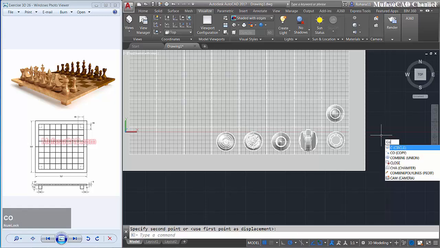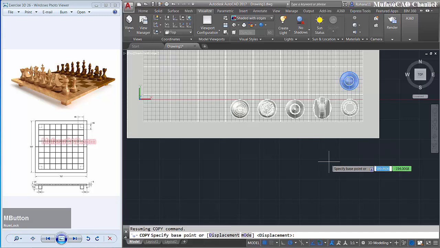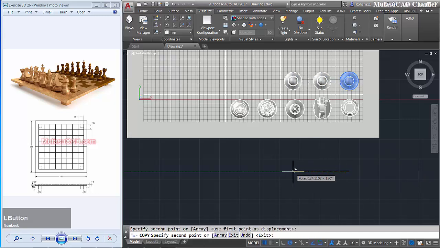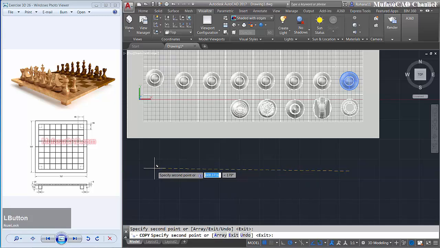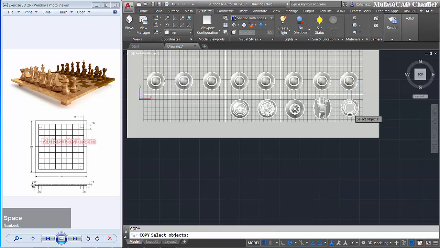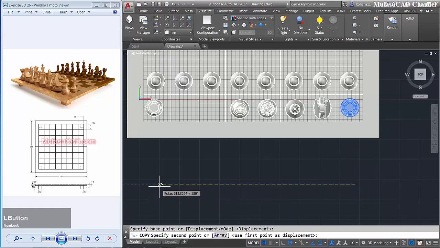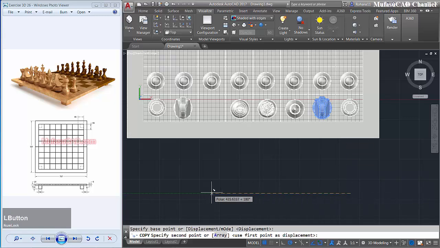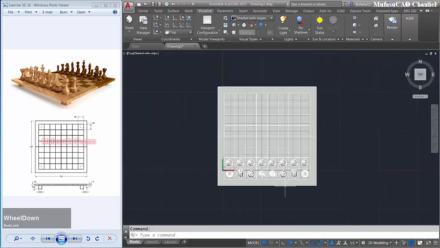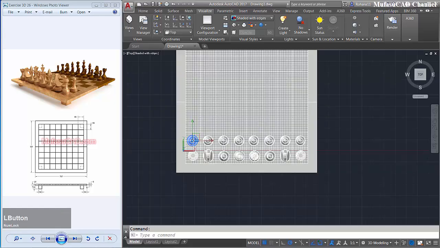Okay, I will copy this pawn to here. The 7 pawn objects we copy to the left. Okay, and then I will copy rook to here. We copy knight to here, and then we copy bishop to here. Okay, you can select this object,